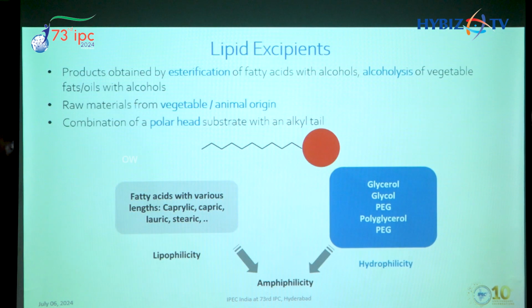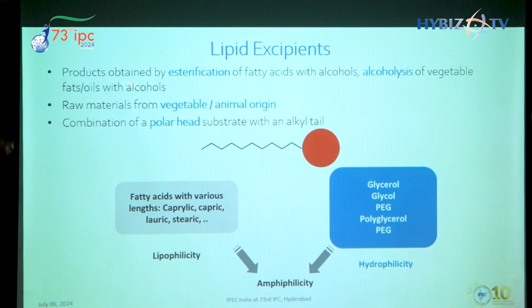Next slide please. So these lipid excipients which are available in the market are all esters of fatty acid and alcohol. So majorly these are manufactured by esterification reaction. So it could be a direct esterification reaction between an alcohol and the fatty acid, or they could be manufactured by interesterification. That is, two esters can be taken and reacted together, or they could be manufactured by alcoholysis. That is, you take a long vegetable oil and you break it down into smaller components by means